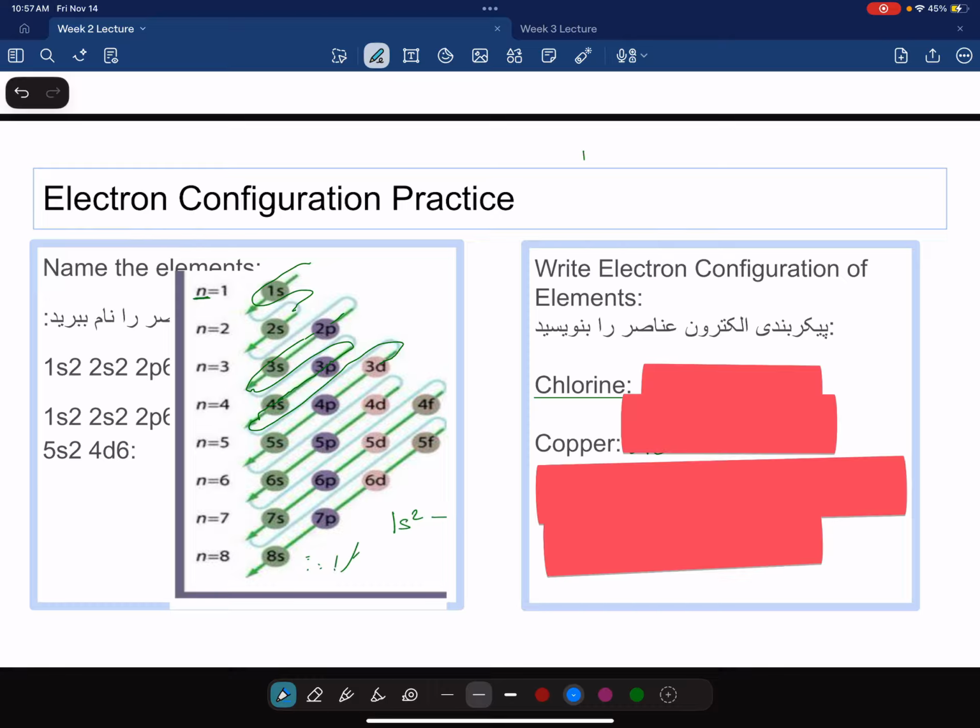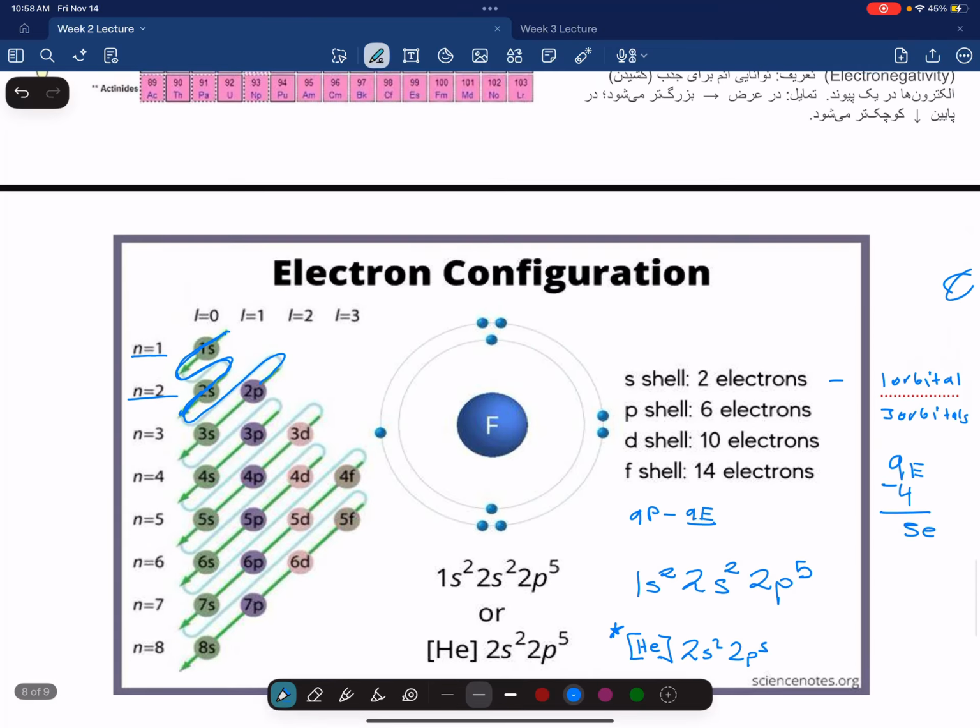And we're going to practice. So for chlorine, first we want to find out the number of electrons a certain atom has. So if we look for chlorine over here,